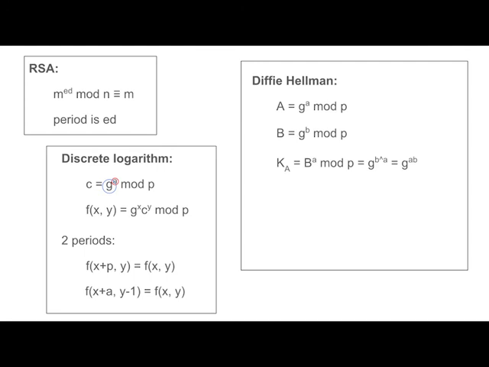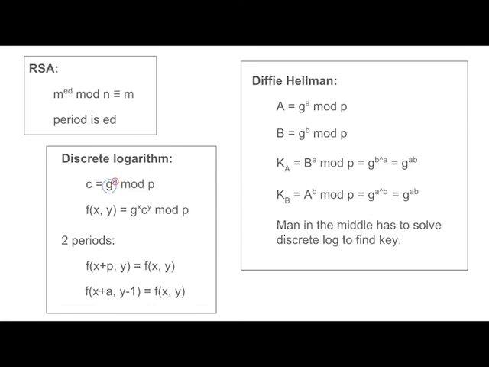Then person B computes basically the same thing. They do big A to the little b, mod P, and you get the same thing. So that's why there isn't really a public key in this setting. C is a public value, the discrete log problem, and A is a secret. So now we can